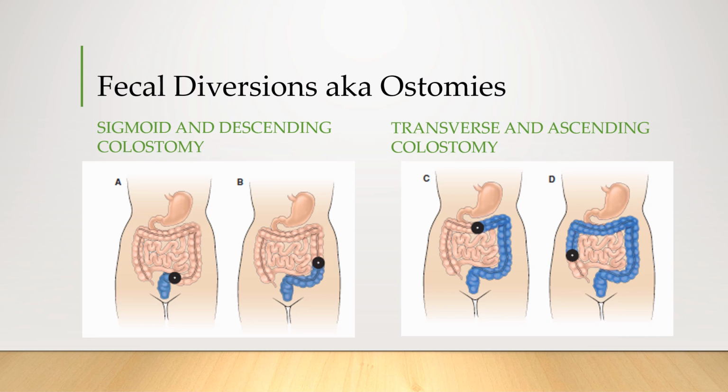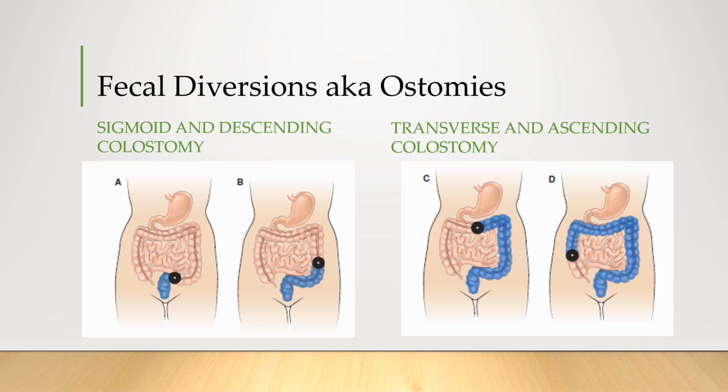The reason a person needs a colostomy could be due to cancer or several other diseases you'll learn about in higher blocks. The placement of the colostomy is determined by the disease that required it, so I can't say that you'll see it here versus there, but they can be placed anywhere along the colon. The most common locations we see are in the sigmoid or descending colon on the left lower side of the abdomen. The next common locations are the transverse and ascending colon.